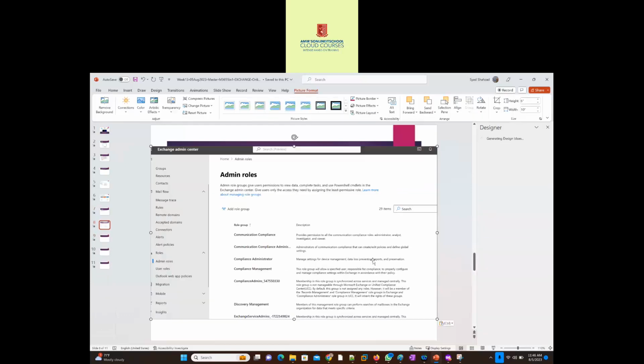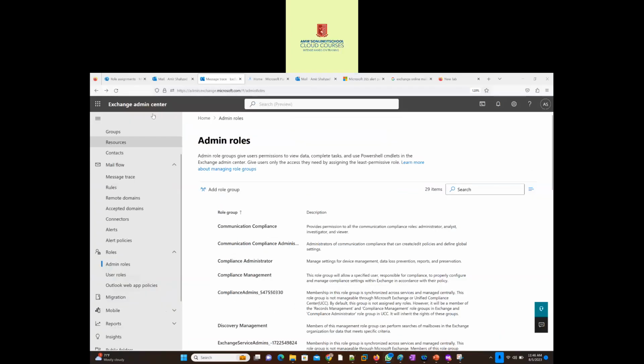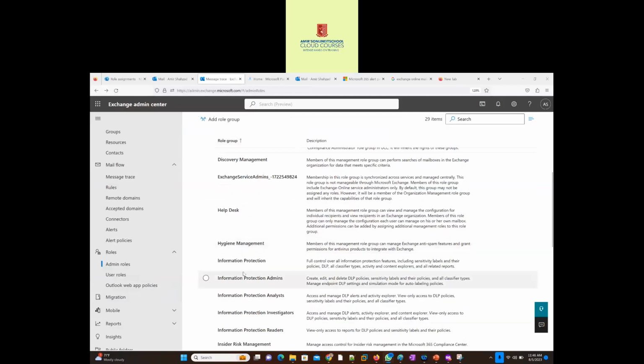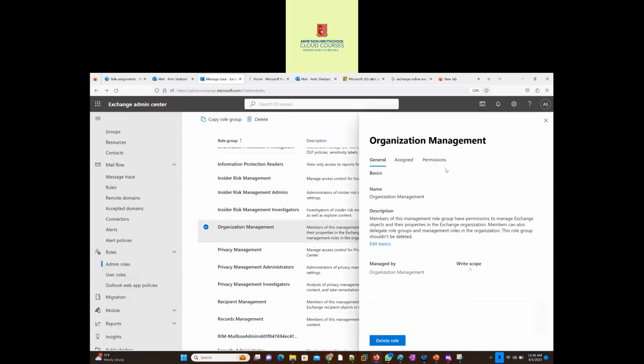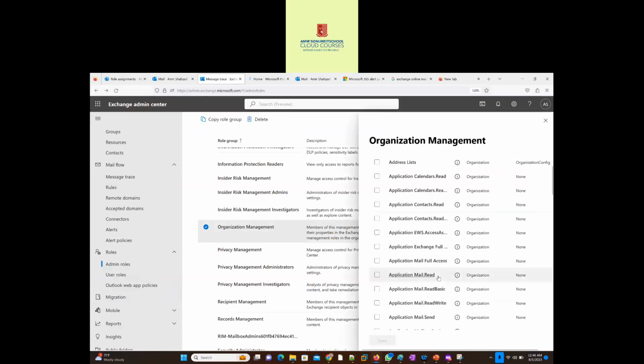And I'll just paste it here. Okay, yeah, it was saying, so you need to be on... You have to open up the organization management role, and then there's permissions. Okay, great. So organization management is this. There's permissions here and permissions, and then you have to make sure the